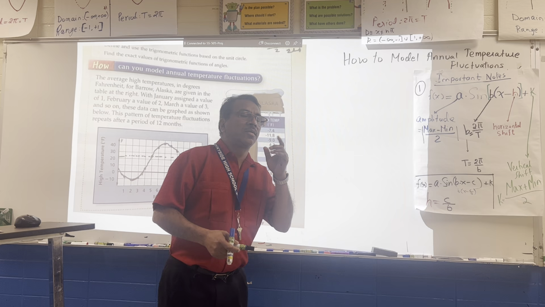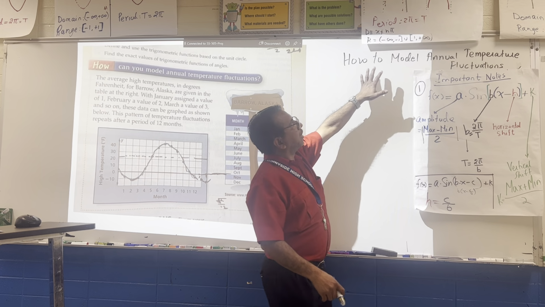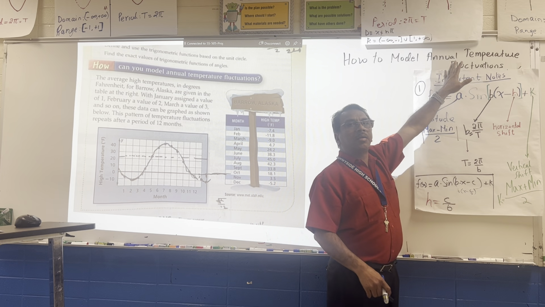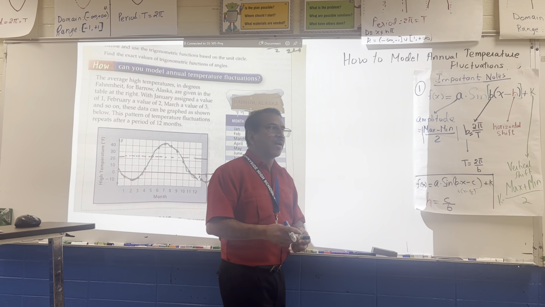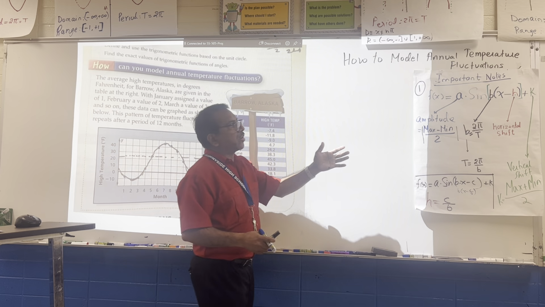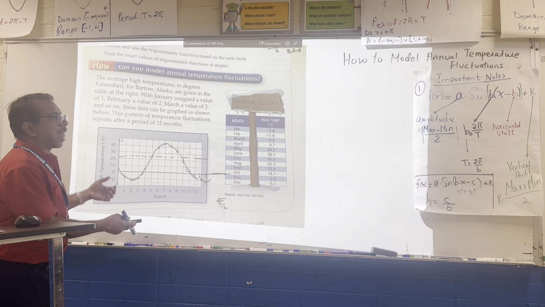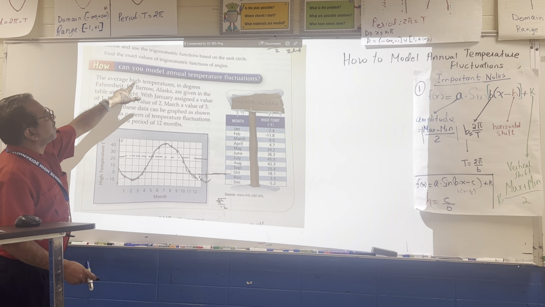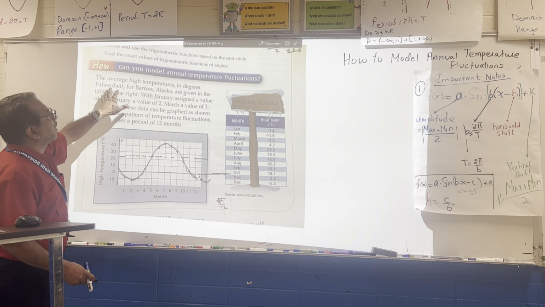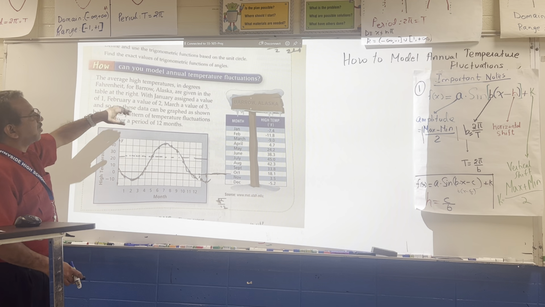Okay, hello students. Today I'm going to model how to model annual temperature fluctuation into trigonometric functions. The chart is showing you information that is given to us in this data. This data shows an average high temperature in degrees Fahrenheit for Barrow, Alaska, and starts from the